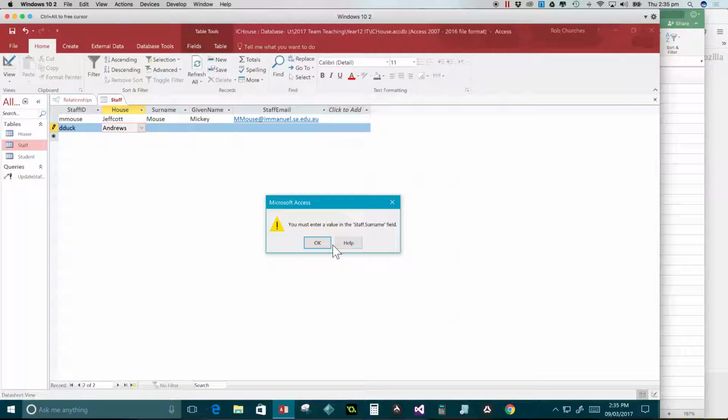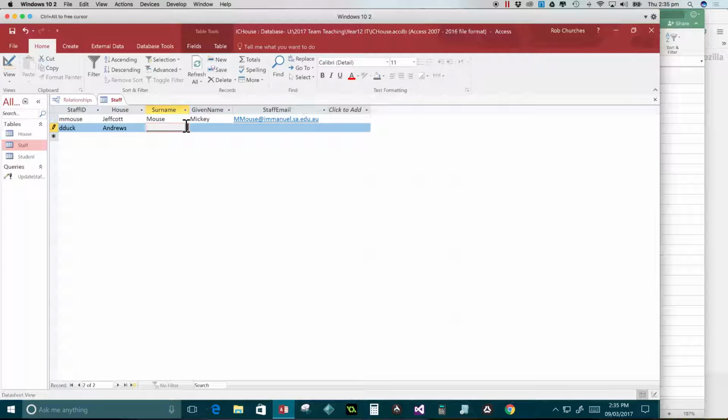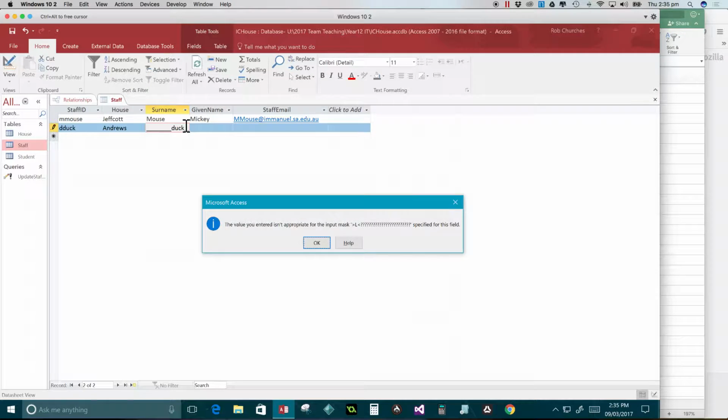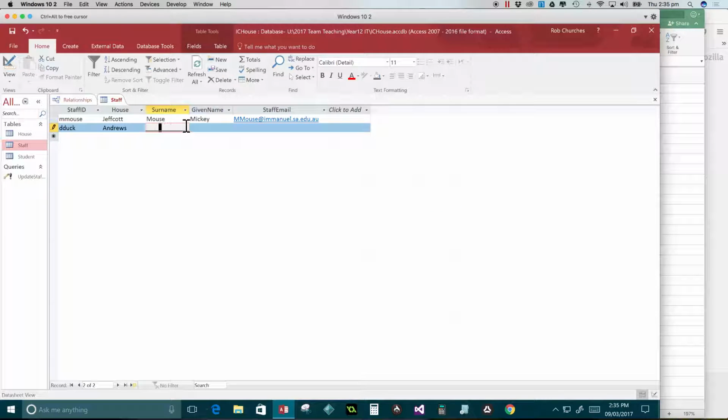Surname, Duck. Oh, goodness me. That's the problem with these input masks. You've got to go Duck. Give a name. Donald. D Duck. Oh no, don't do D Duck at Emmanuel. Leave that alone. Now here we've got a problem, folks, because we've got another D Duck, because